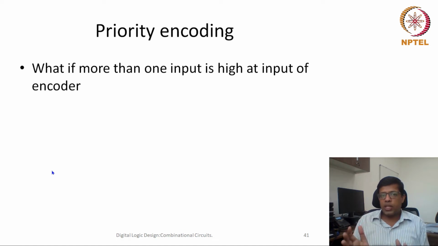So let's try to map it to real life. You have, let's say, some sort of Arduino board or some kind of computer where there are 4 devices which are seeking attention. There is a computer, an Arduino board, let me say it's a computer. Now you have a computer or a processor chip, and there are multiple devices which are seeking attention. Let me give you an example. One of the devices is a keyboard. Another one is, let's say, a printer. And the third one is a very high speed device.